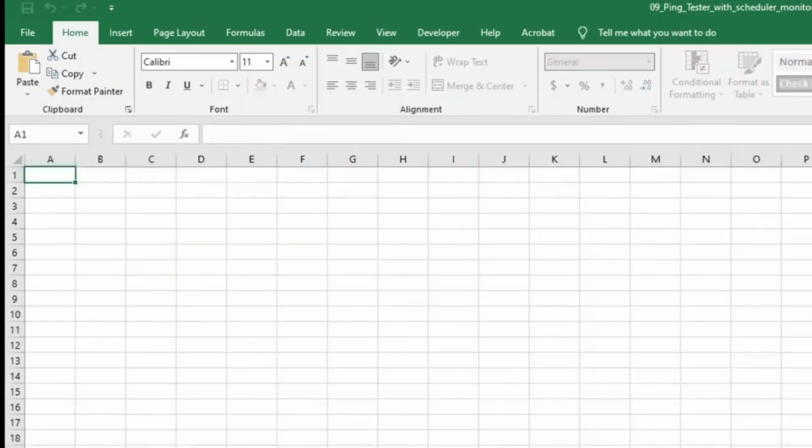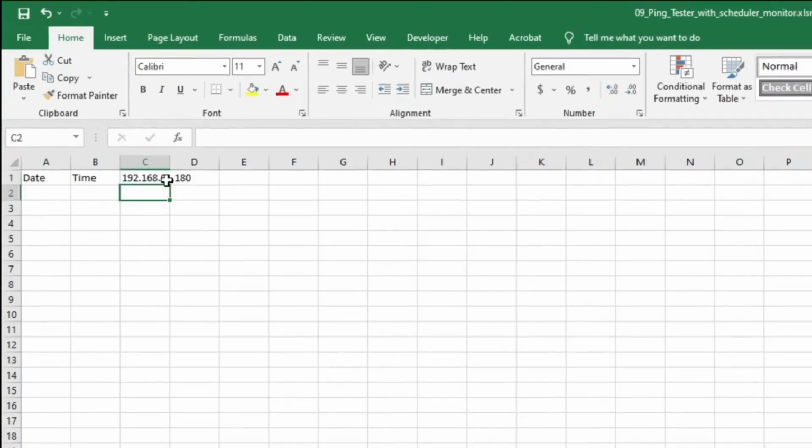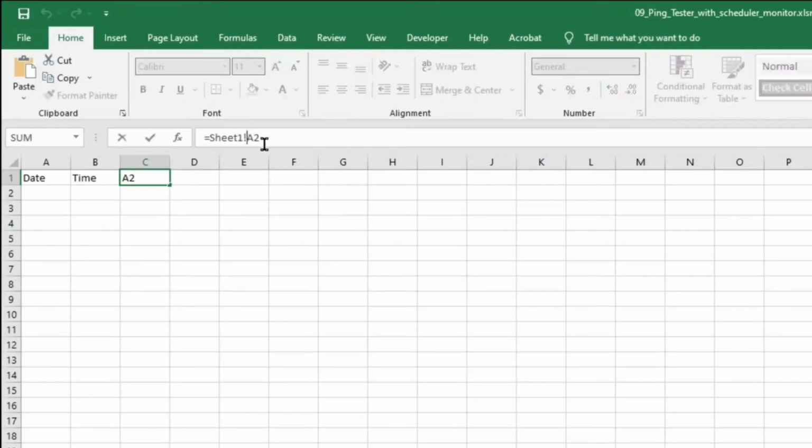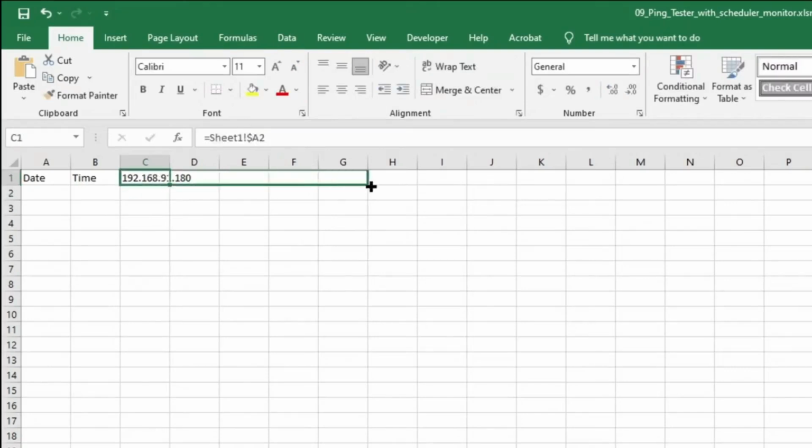Create a new sheet and name it logger. In this new sheet, define the first two columns as date and time, and map the next column names to the host names. You can type in the formula Sheet1 exclamation first host name. From there, you can pull the bottom left corner of the cell to get the other host names. As you see, they're the same because